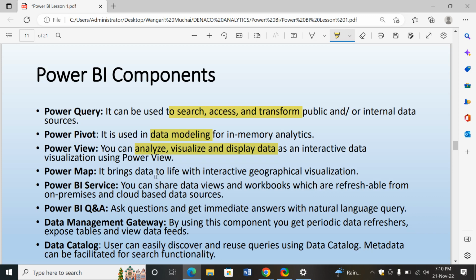This one usually brings data to life with interactive geographical visualization. That is the Power Map. Then Power BI service. You can share data views and workbooks which are refreshable from on-premises and cloud-based data sources. Yeah. Then we have the Power BI Q&A, where you're able to ask questions and get immediate answers with natural